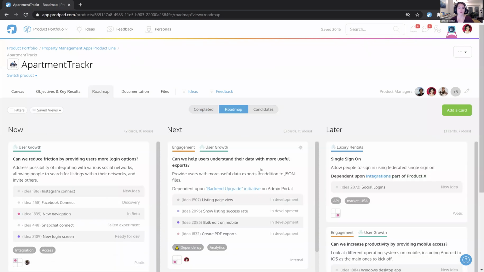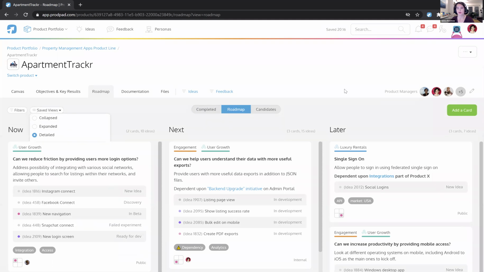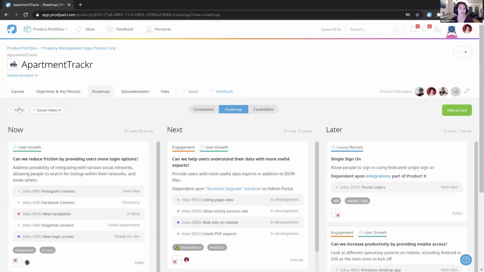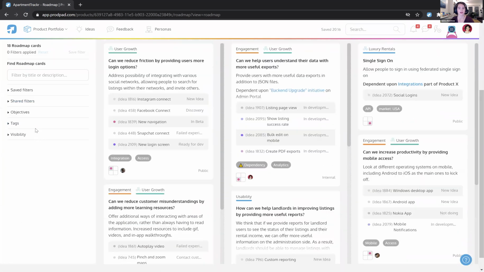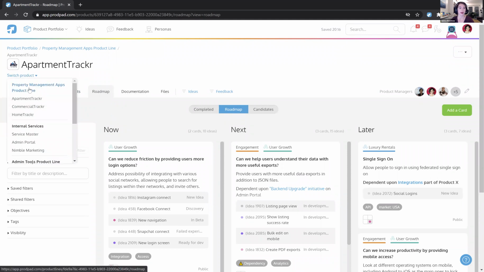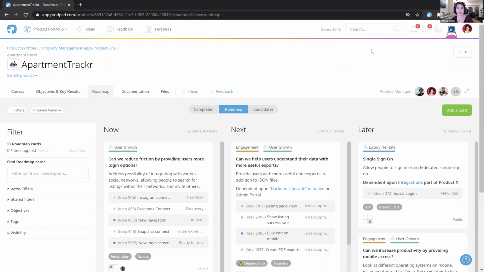Now, this roadmap is a view that you as product people are likely to spend a lot of time in. You can look at this in a lot of different ways. This is my super detailed view. You've got lots of ways of configuring what you see in here. You can filter this down. You can cut this up in a lot of different ways. And you can view this at the individual product level, at the product line level, or even at the whole portfolio level as well. I'm not going to go into all that,